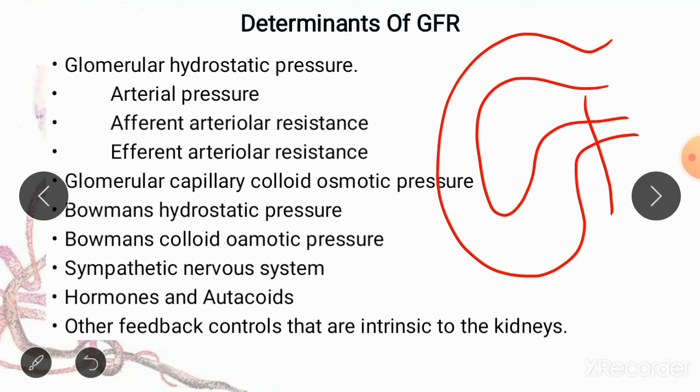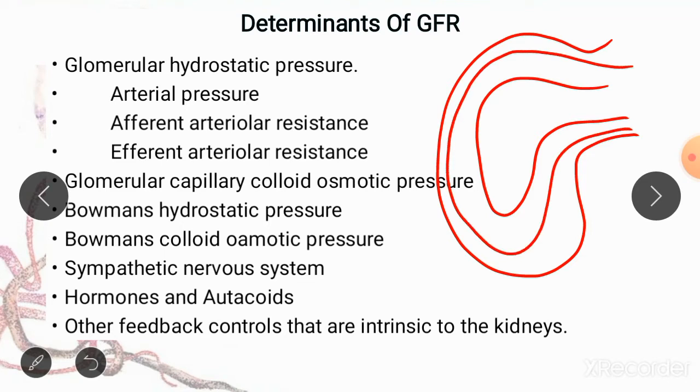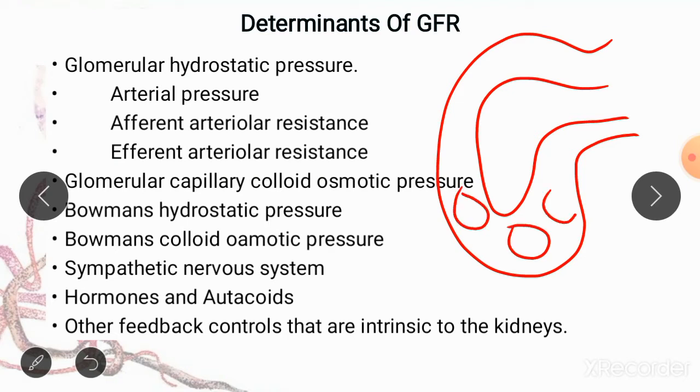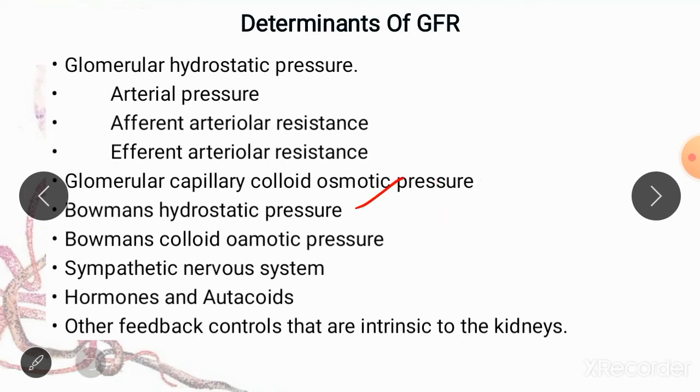But when there is dilation of your efferent arteriole, the passage of the blood from the glomerulus is going to be very quick and the GFR is going to decrease. So you must remember how these three factors determine your glomerular hydrostatic pressure. Next we have the glomerular capillary colloid osmotic pressure, which is because of the plasma proteins which are present within the glomerular capillary. The next factor which determines the GFR is the Bowman's capsule hydrostatic pressure, and it is because